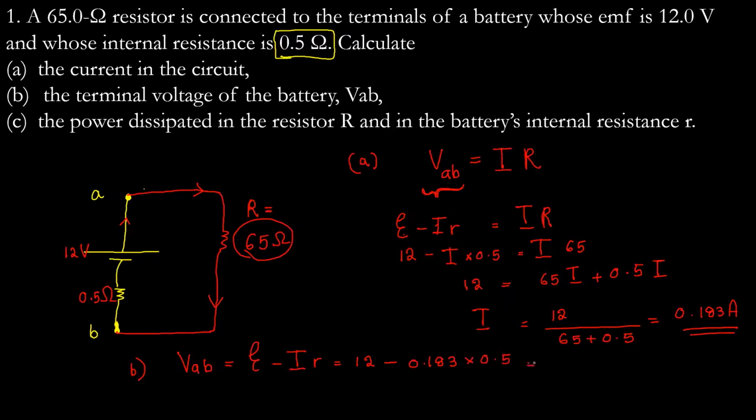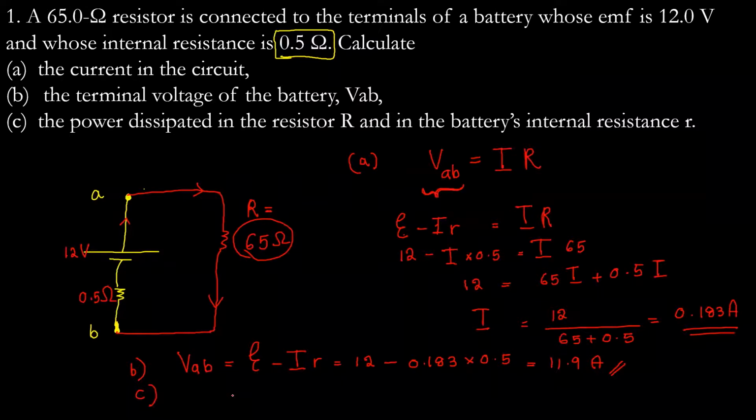So this gives you the answer 11.9 volts. So here you can see that the terminal voltage, which is the voltage across your battery when a current flows through the circuit, is slightly less than the EMF. So in the last part of the problem, they're asking